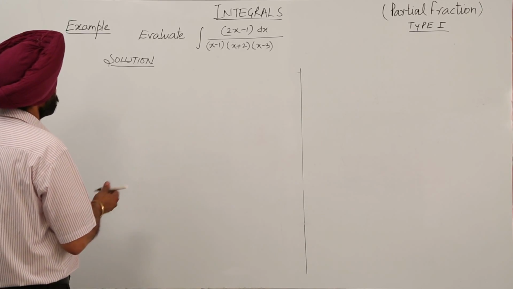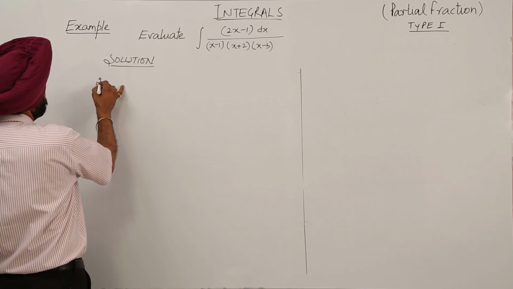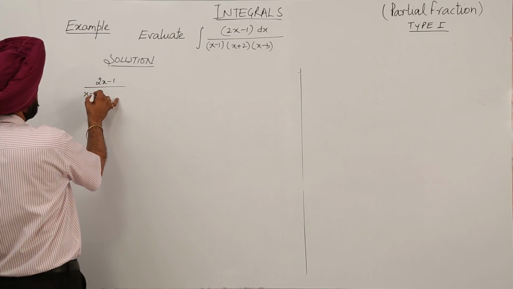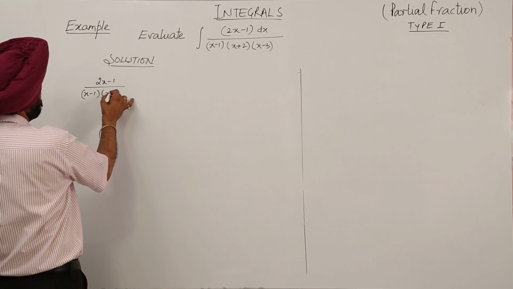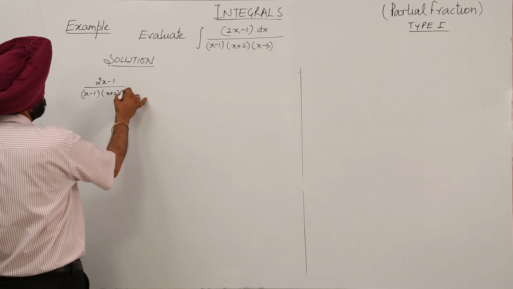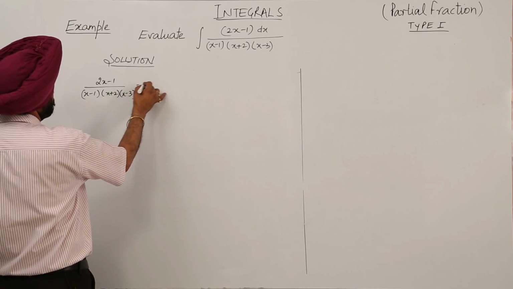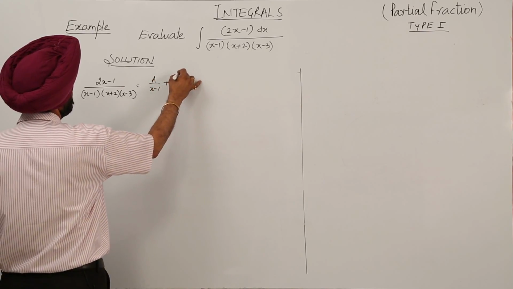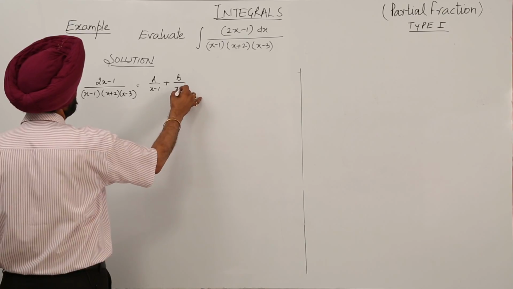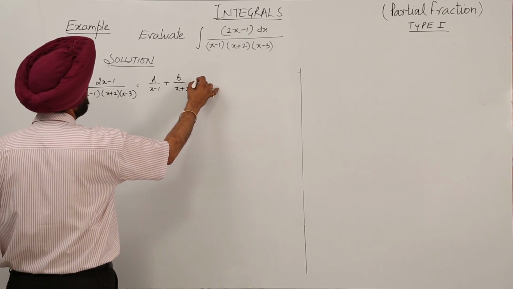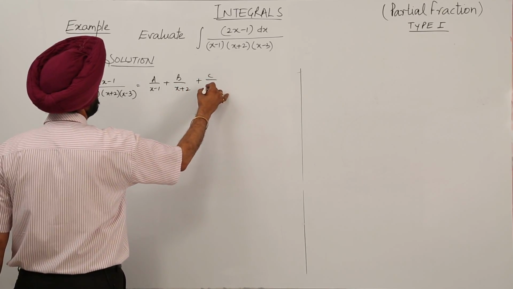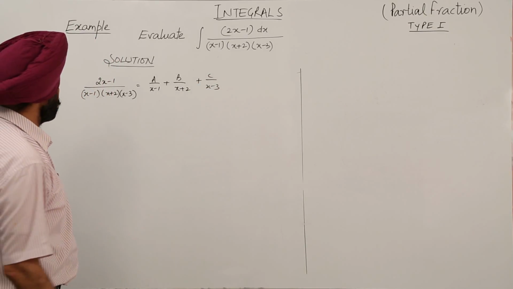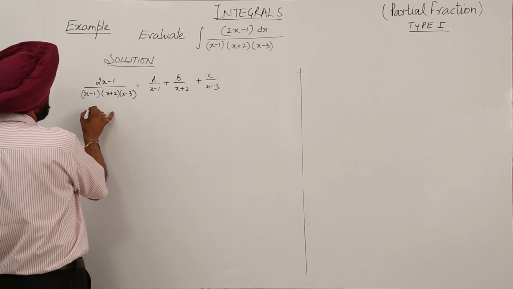We can write this question (2x minus 1) upon (x minus 1)(x plus 2)(x minus 3) in the form of A upon x minus 1 plus B upon x plus 2 plus C upon x minus 3. First step. Now, next step is